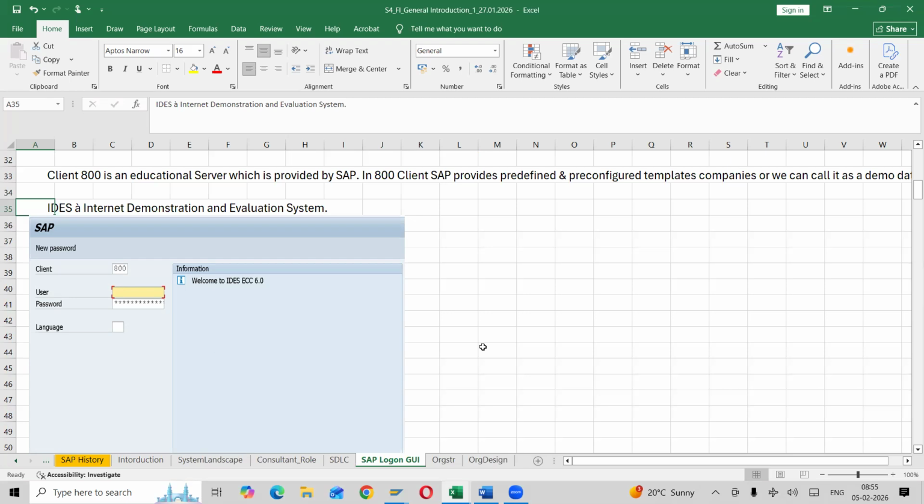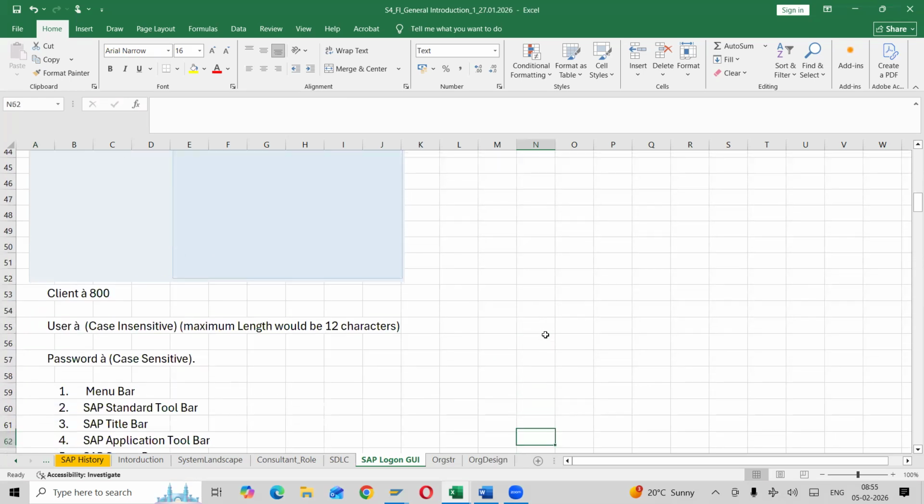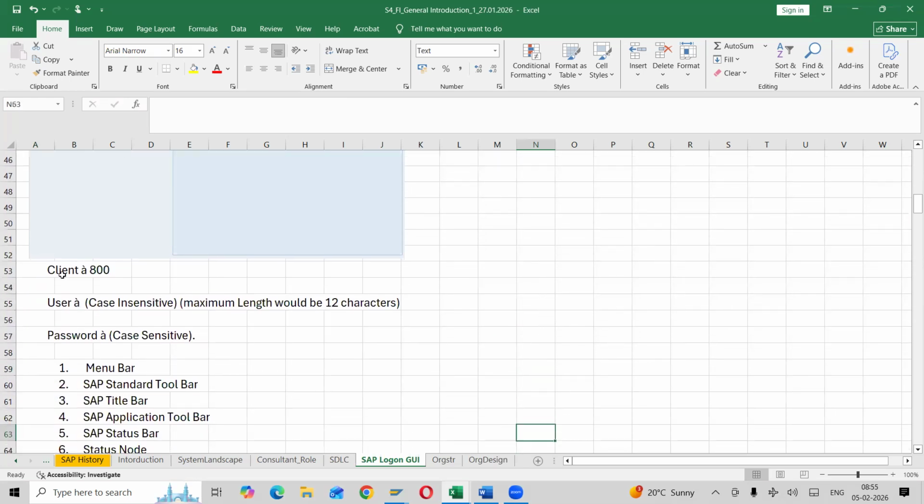So here we need to mention our SAP user ID in the user field. Client 800, and the user ID has a maximum length of 12 characters,